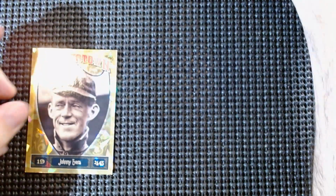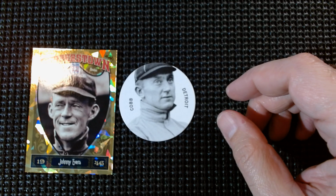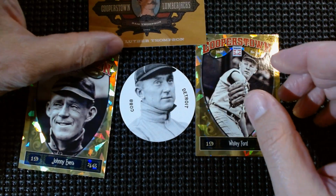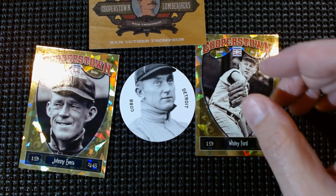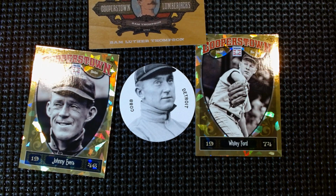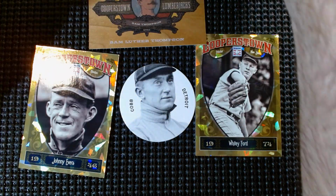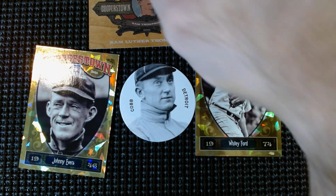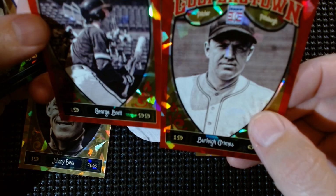So, Evers, Cobb, Ford, Thompson, George Brett, Dave Bancroft, and Casey Stengel, Nolan Ryan, Whitey Ford, Dave Bancroft, Burleigh Grimes, George Brett,